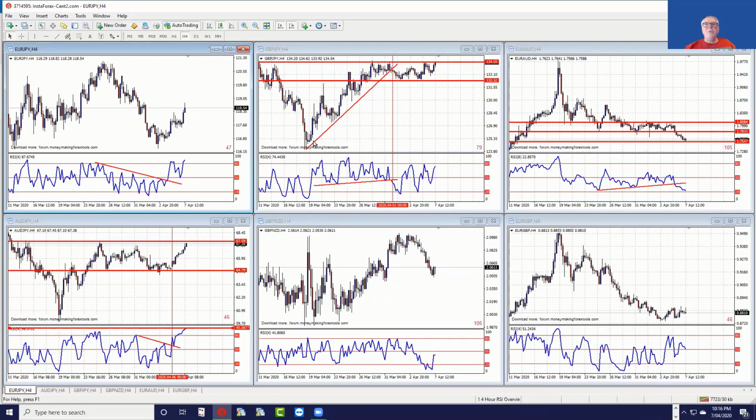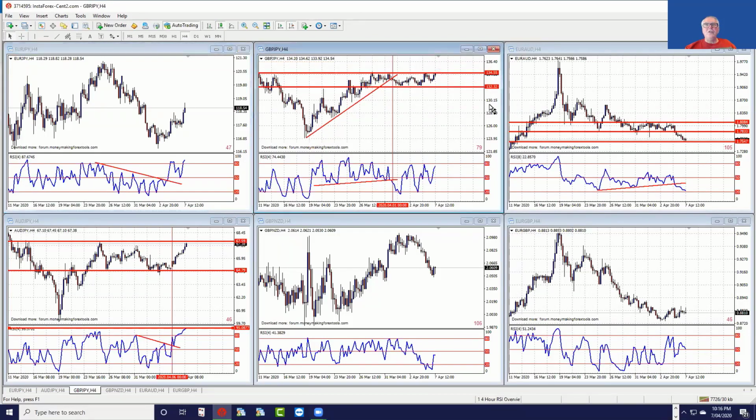Now, here's an example where there was a beautiful trend line. The break of the trend line should have resulted in a bit of a move down. It didn't. It just sort of fizzled out, and now it's going sideways. It could be a sign to trade the other way. When a good signal fails, it's always a sign to trade the other way. So that could be a potential buy. Wouldn't be a bad buy if it breaks that level of resistance.